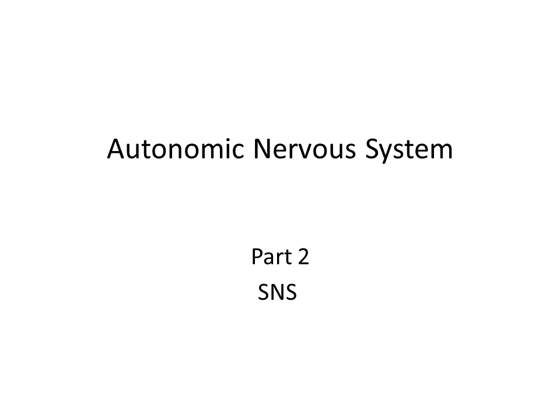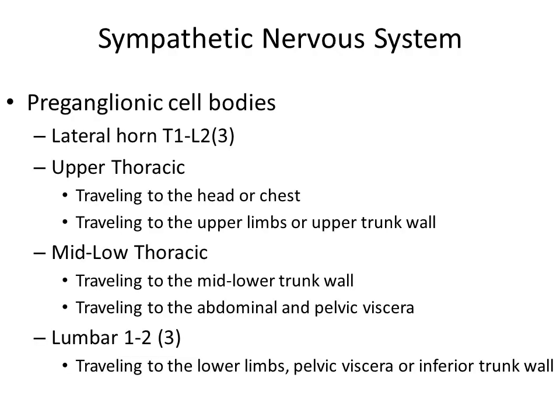In part 2 of our lecture on the autonomic nervous system, we will begin our discussion of the pathways taken by the sympathetic nerves to get to their targets. The preganglionic neuron cell bodies in the sympathetic nervous system are located in the lateral horn from T1 to L2